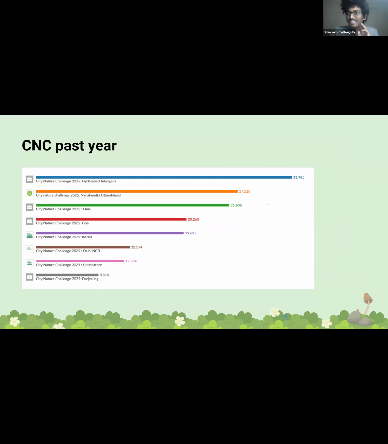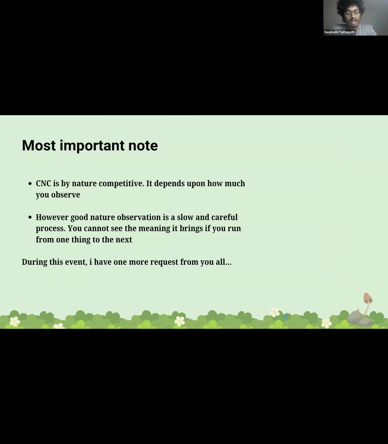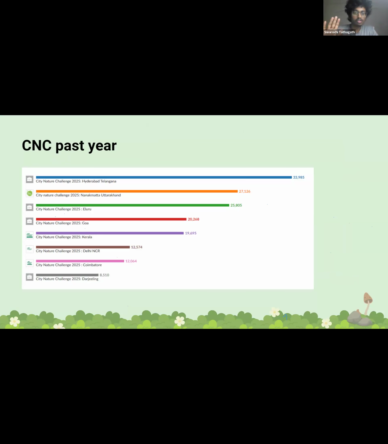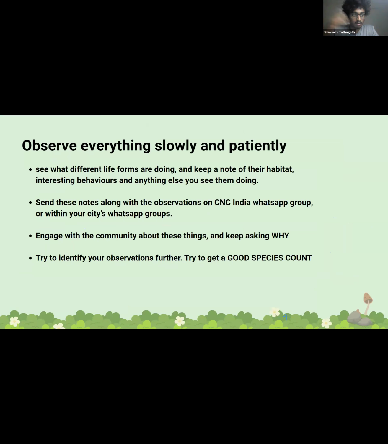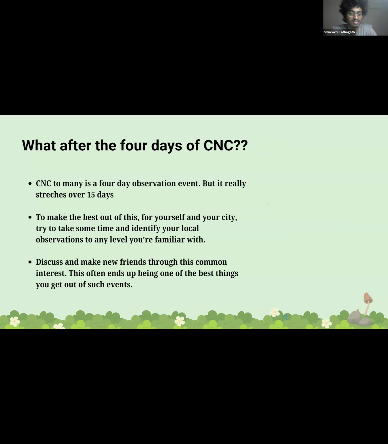So we are quite overwhelmed by the observation counts, like genuinely, and it's a good thing that we are because this really shows the need for more identifiers on the platform, right? So I would suggest that a lot of you observers who are putting up a lot of things for the 4 days, but try to come about and sit for the other 11 days approx and try to identify